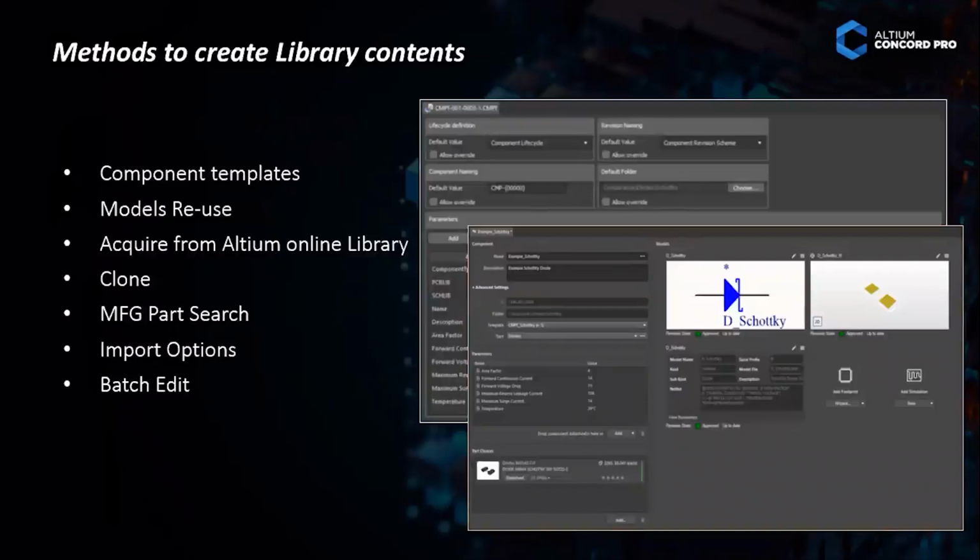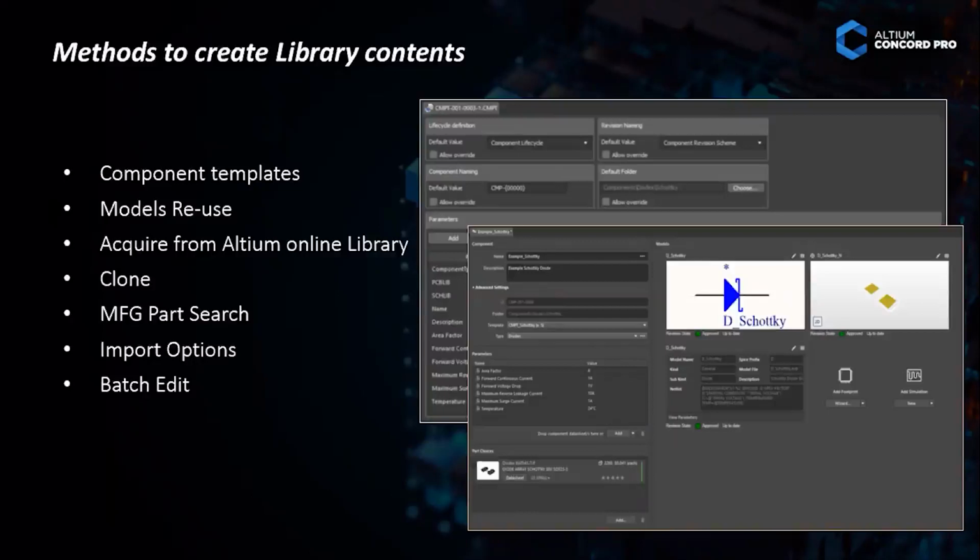So here, as I said, we can use the template. Suppose I'm creating a new component, it will ask me to select the folder, what type of component I'm going to create. If I select connector, it will open the connector template, the connector folder, and what parameters should be added for the connector and which are must.